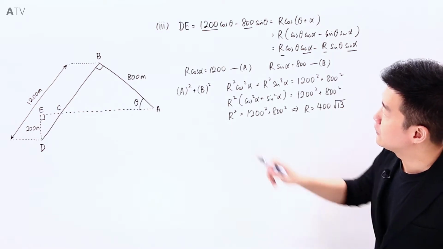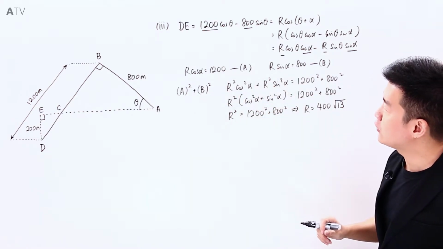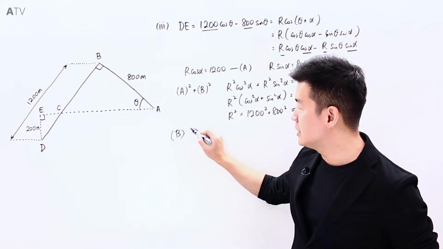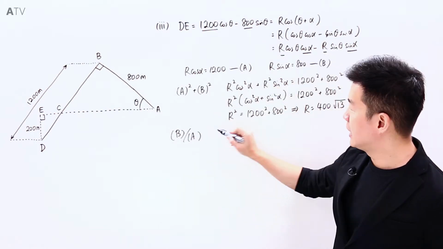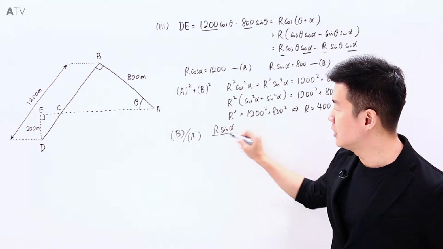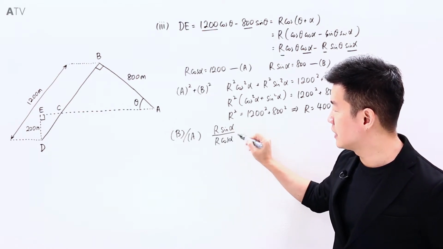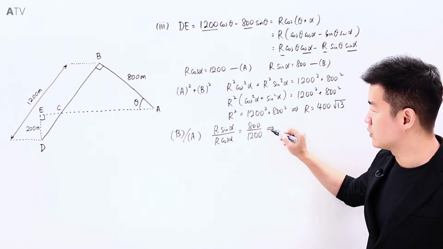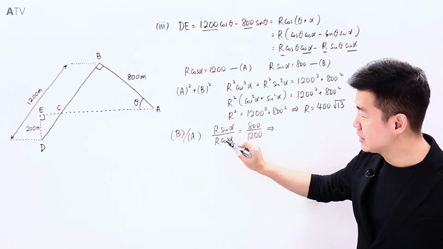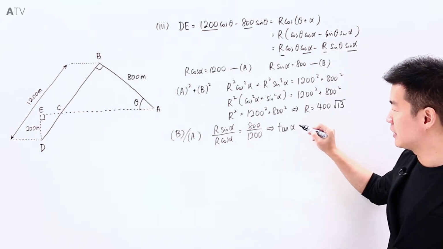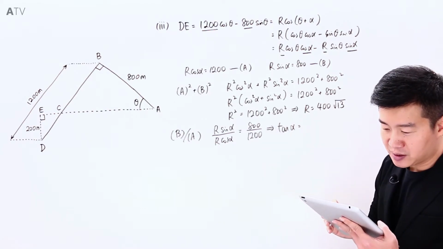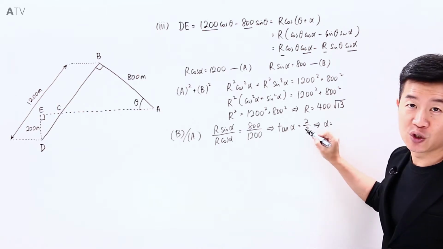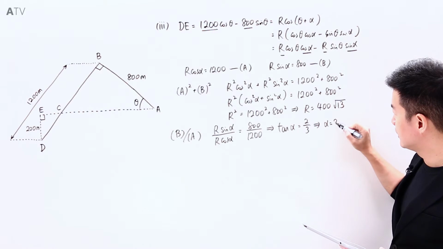We will need to find another version for alpha. So to find alpha, let's take equation B divided by equation A. So if I were to take B divided by A, we will have R sine alpha divided by R cosine alpha, which is going to be 800 divided by 1200. So R and R will disappear. Sine divided by cosine is going to be tangent, which means that tangent alpha is going to be 800 divided by 1200, which is 2/3. This tells me that alpha, which is going to be tangent inverse of 2/3, is